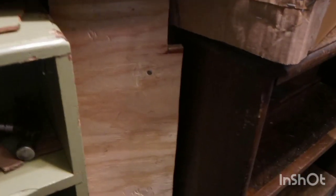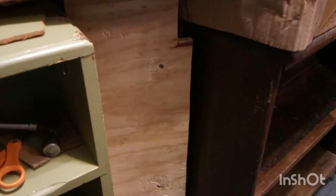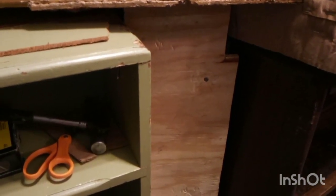There was a gap between them, and there's a leg right here. So I put that piece in between them. And I've got some more finished work I want to do to that. And once I get the finished work done on all of this, then I'll repaint it. And I'm planning on repainting the whole border and the frame of the layout anyway, so that's going to be perfect. So like I say, I've still got to put the back on that. I'm going to do some finished work in this area here, and